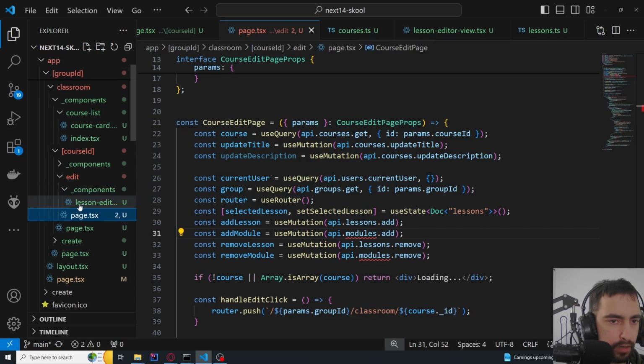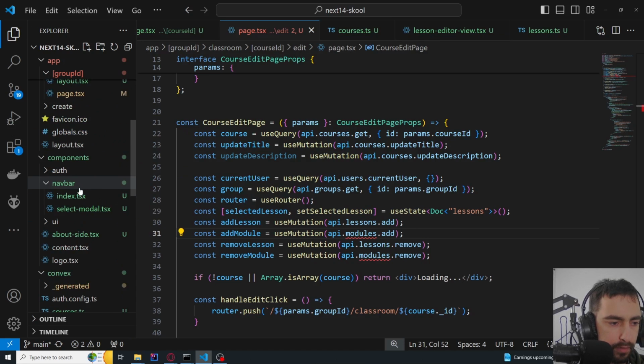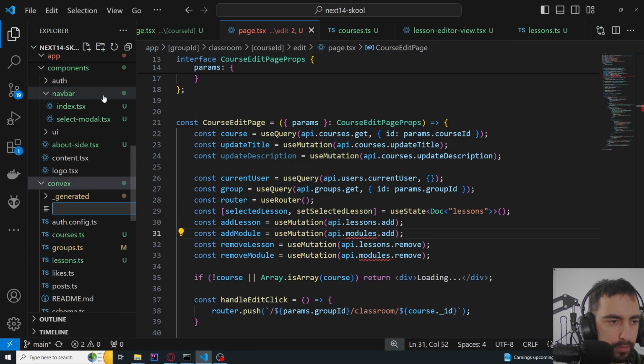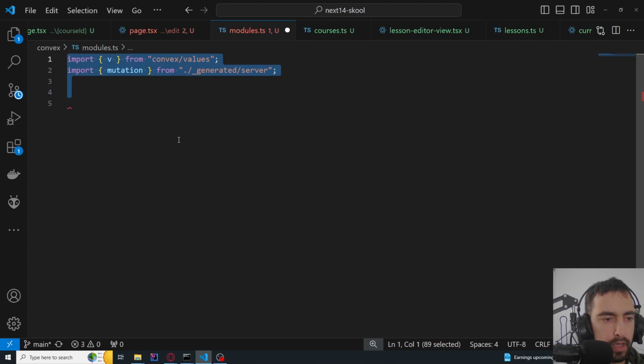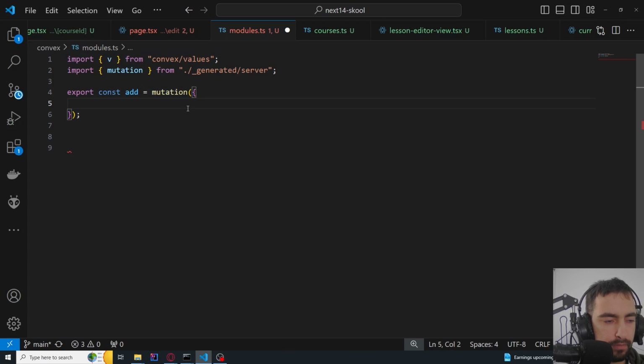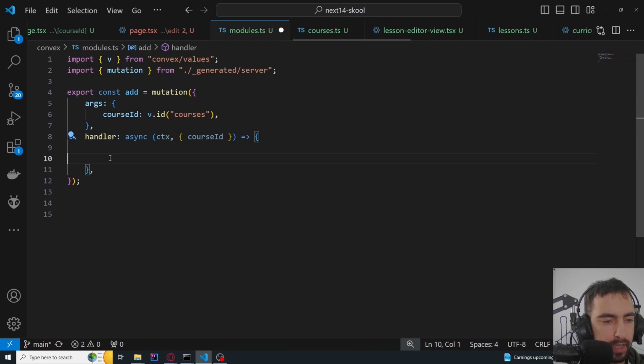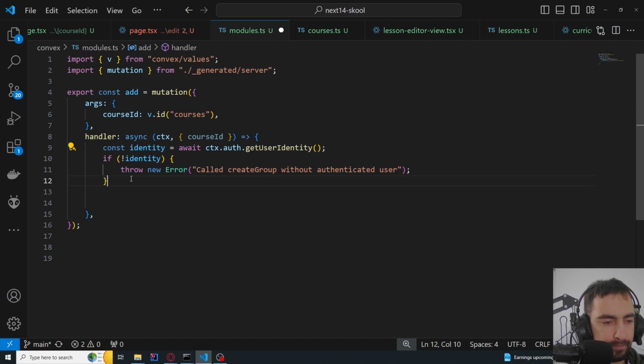Here in Convex, below, modules.ts, imports, const add mutation, arguments is course ID that we want to add a module to, handler, check identity,